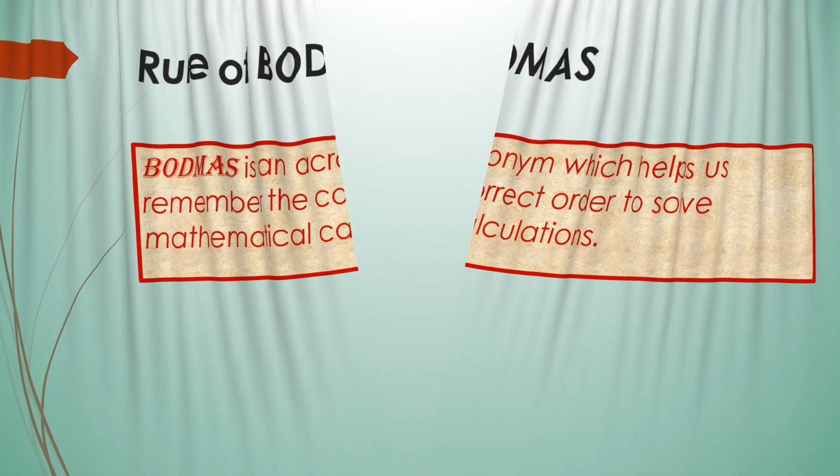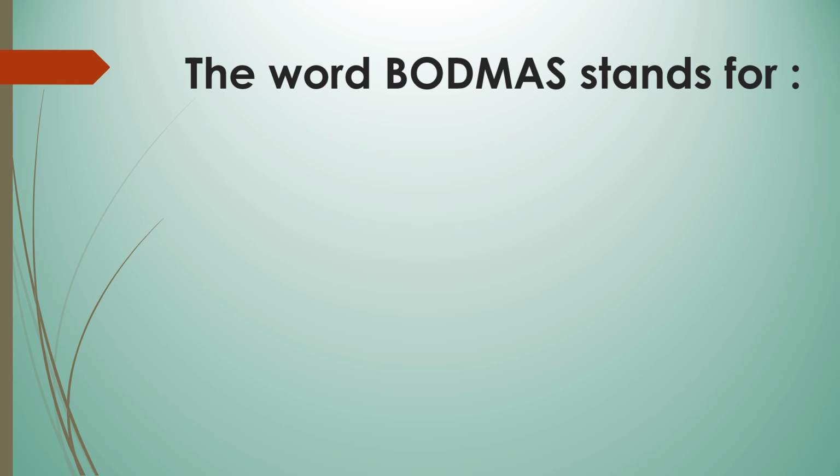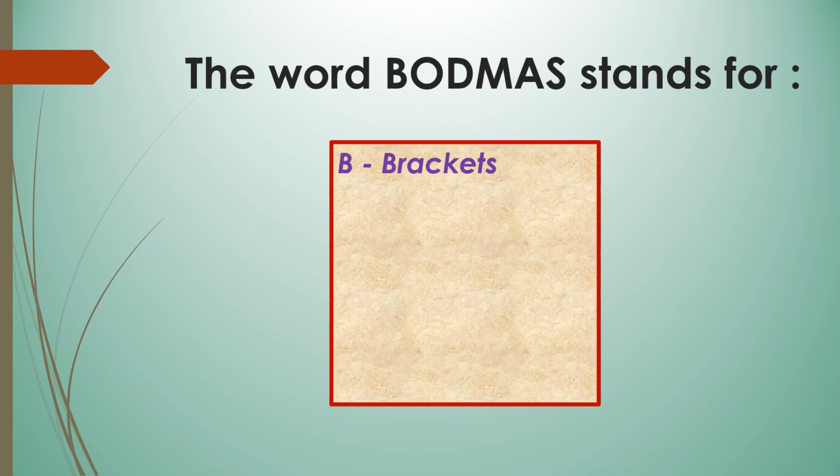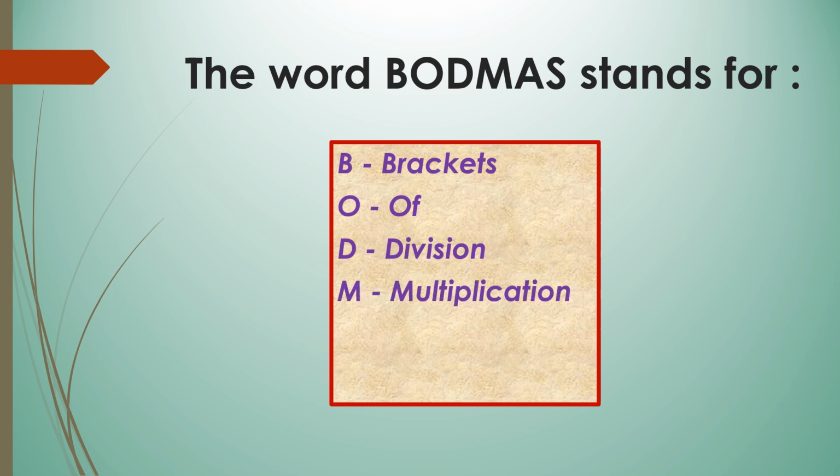BODMAS stands for: B stands for bracket, O is for of, D for division, M for multiplication, A for addition, and S for subtraction. Students, this is the correct sequence of various mathematical operations in which we have to solve the sum. So now on the basis of this BODMAS